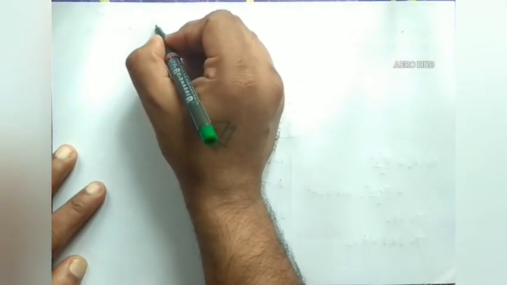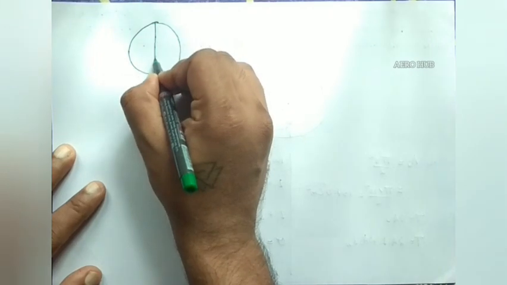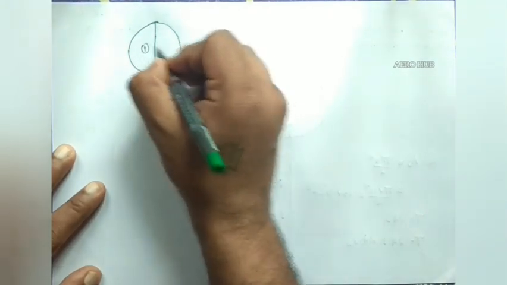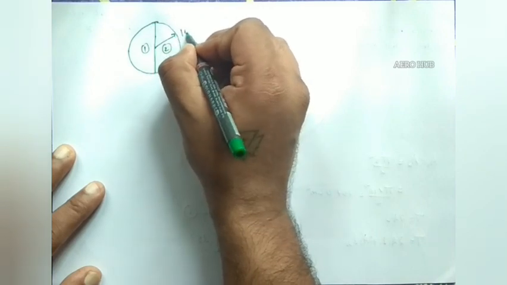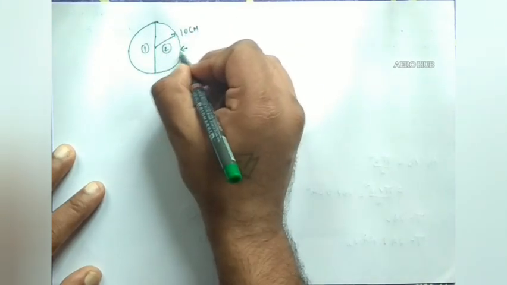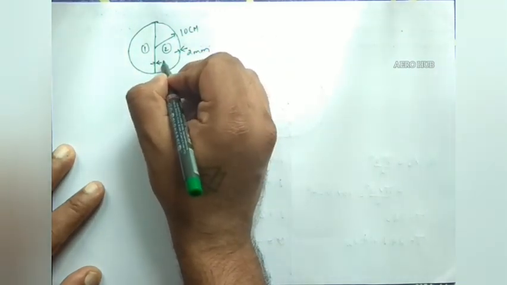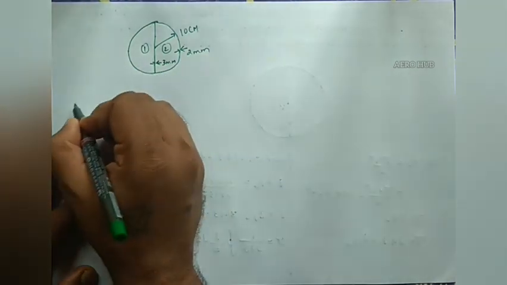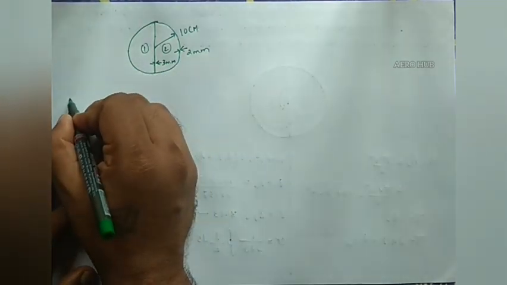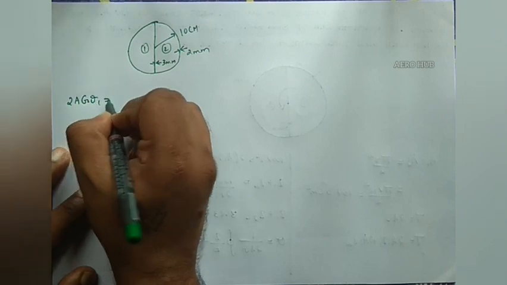Now I'll again draw the same circle here. And this is a diameter web. This is cell 1, this is cell 2, and this is the radius 10 centimeter, and the thickness is 2 millimeter here. Here the thickness is 3 millimeter. So I'll write for cell number 1 the expression for angle of twist. 2AG theta 1 is equal to